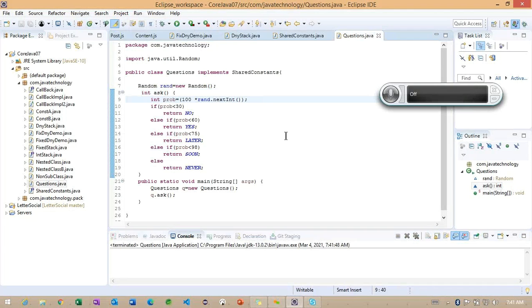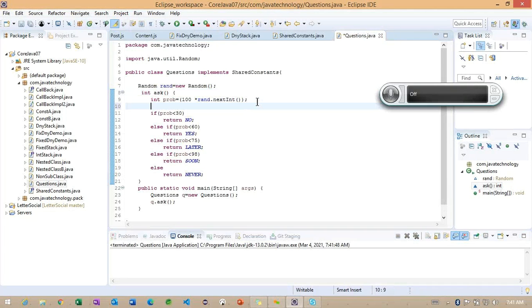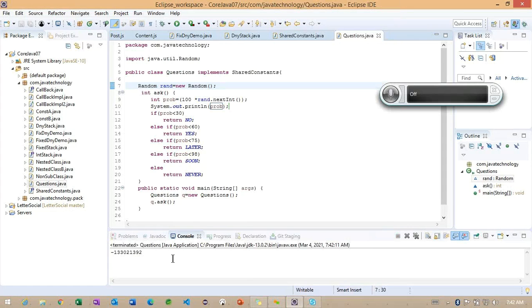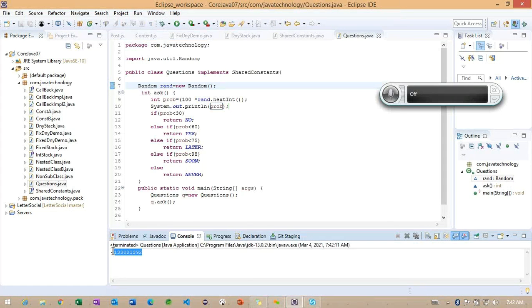So if you want to understand what is the value we are getting, simply we will print the prop value so that we can easily understand exactly what value we are getting. We are getting minus values here. Because of this, we are not able to find what exactly we are getting here. Getting the point? Okay. So this is all about how we can use the interface variable.